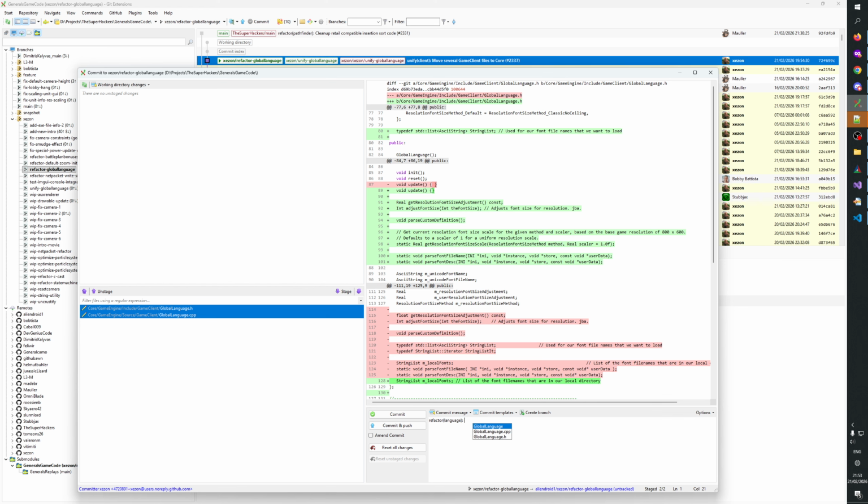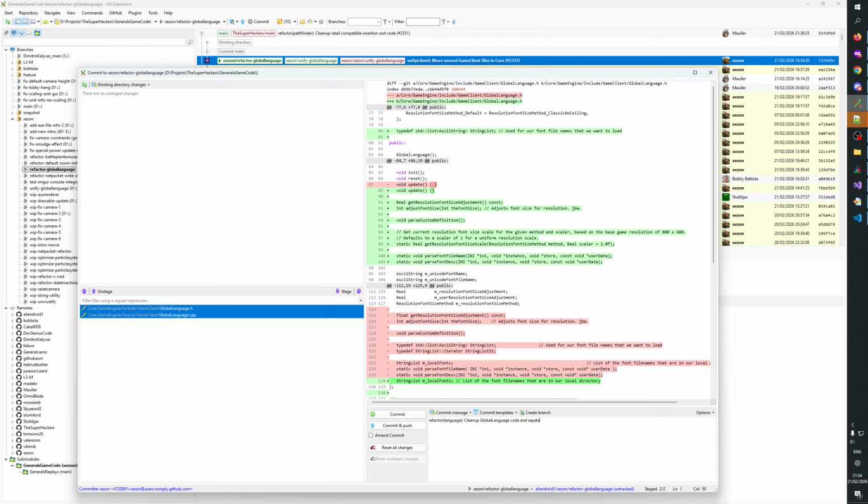Refactor language. Clean up language. Clean up global language class, language code, and